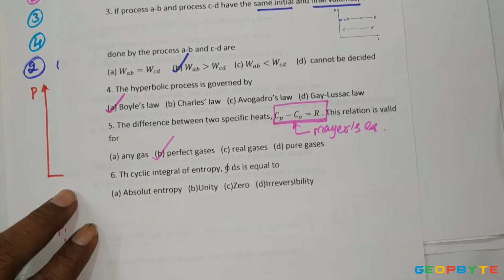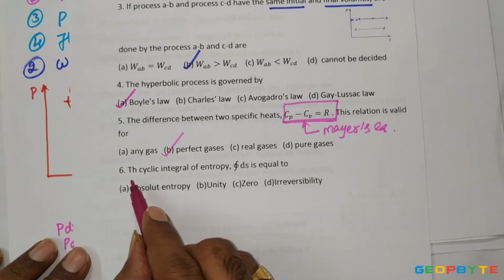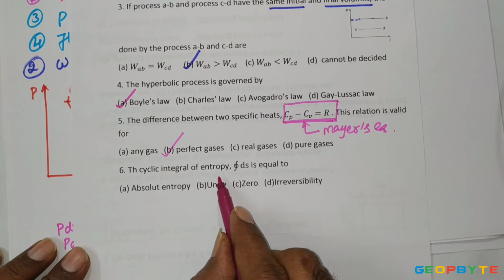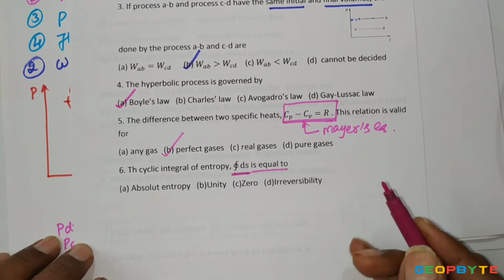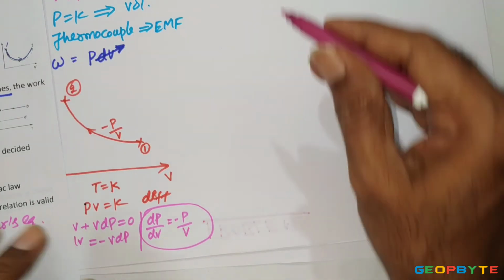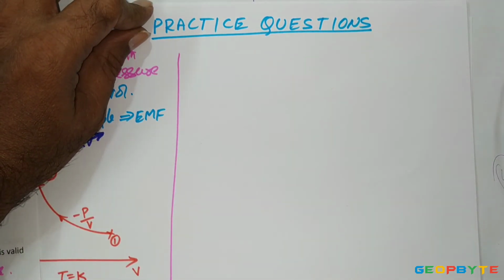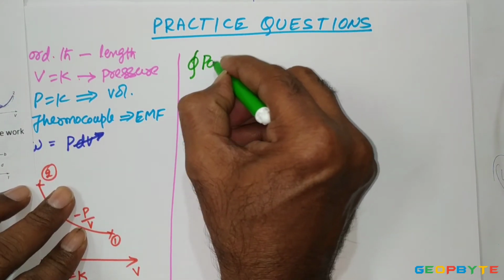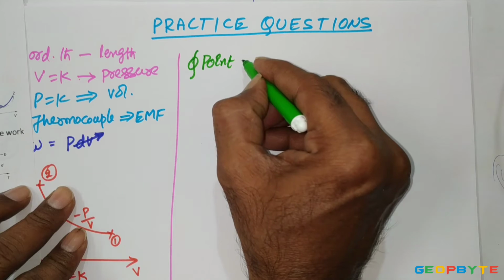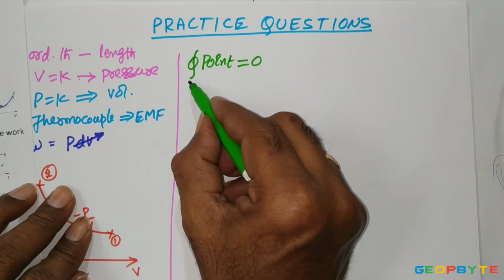Now come to the sixth problem. Sixth problem is given like this. The cyclic integral of entropy is equal to what? In the last video, we discussed that the cyclic integral of a point function quantity is equal to 0. The symbol cyclic integral